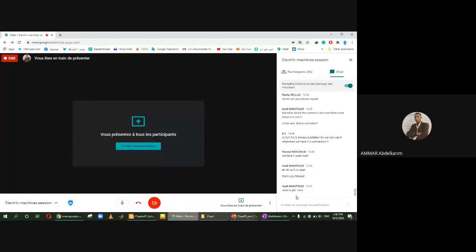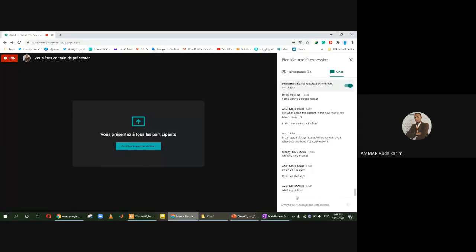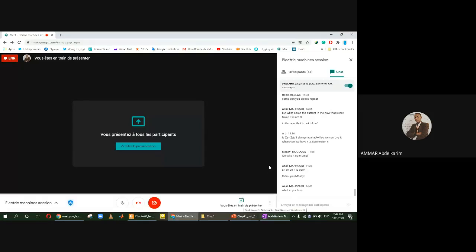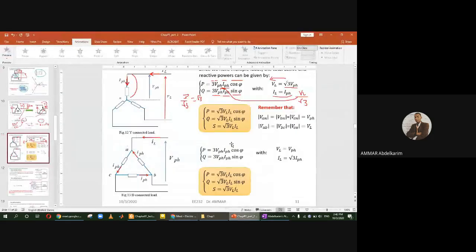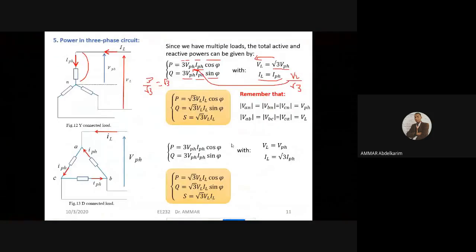Okay, phi here is the shift angle between the voltage and the current. Of course, at the beginning I was using phi, then I changed it to theta in the next chapters. So here it's still phi. It's phi or theta, it's the same thing. It is the shifting angle between the voltage and the current. So this is for the